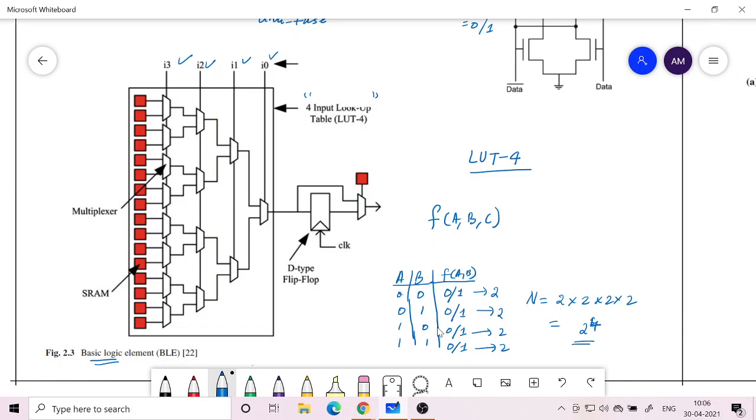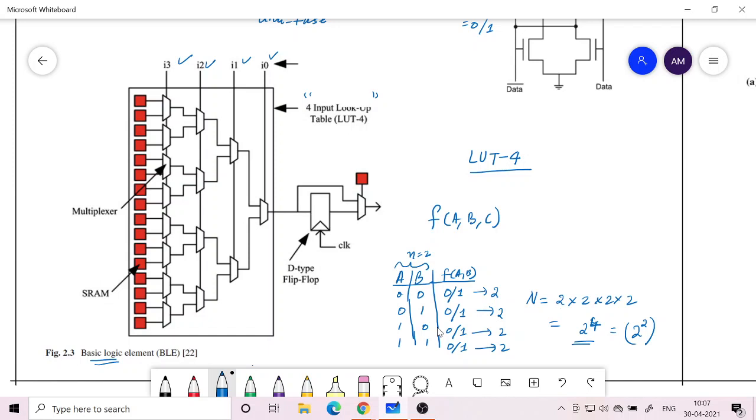So first of all, the number of positions is 2 raised to n. Here the number of inputs is n equal to 2, so you can write it as 2 square, that is 4. So if n equal to 2, there will be 4 possibilities, and for each of the 4 possibilities you are basically taking the power of 2 to this value, okay? So 2 raised to 2 raised to 2.